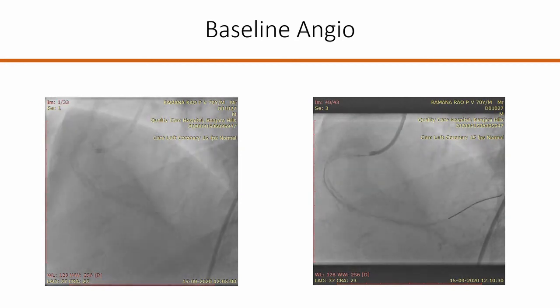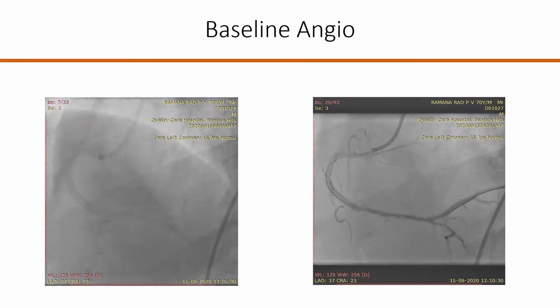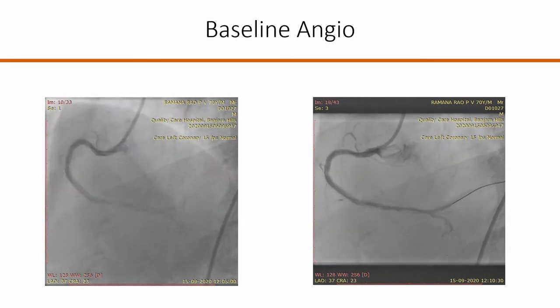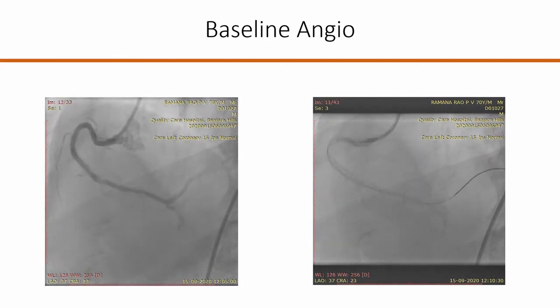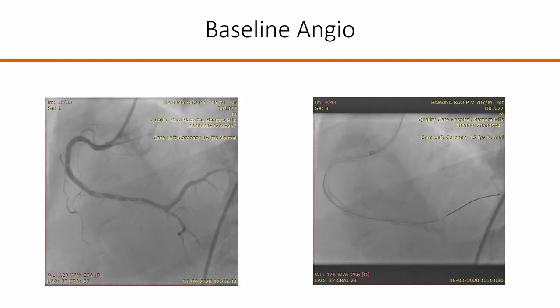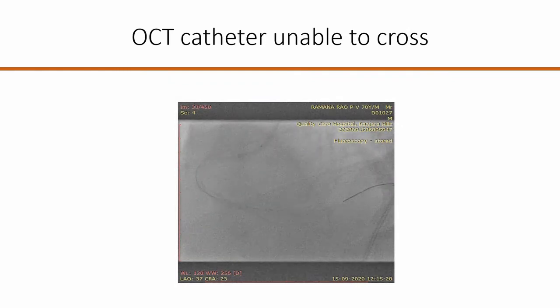Then subsequently we did the Judkins right catheter engagement, which gave good guiding support, along with the Runthrough wire, which was negotiated across the lesion into the distal PLV branch. Here we wanted to do an OCT study to differentiate whether those hazy lesions are due to thrombi, a calcific nodule, an eccentric lesion, a type 5 dissection, or any intramural hematoma compromising the lumen of the coronary. But the OCT catheter was unable to cross that hazy lesion beyond the mid-segment stent.